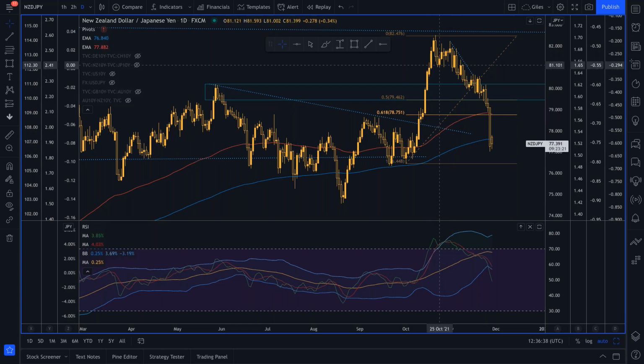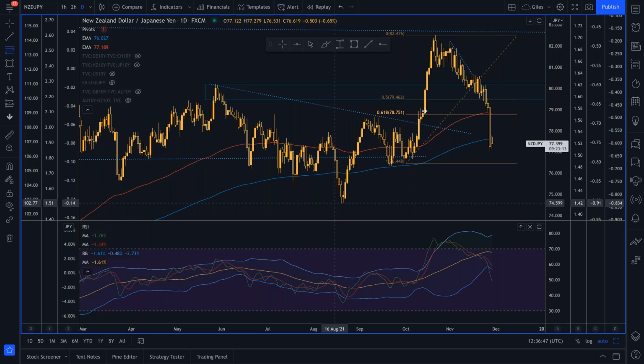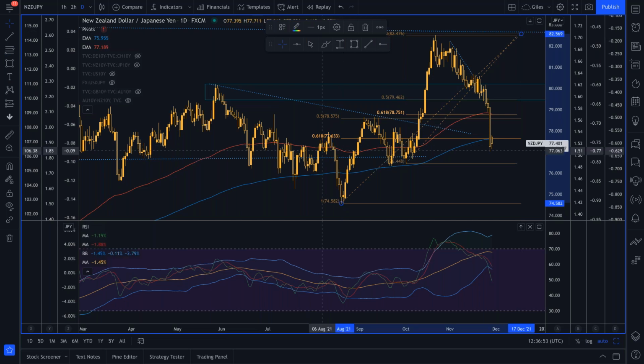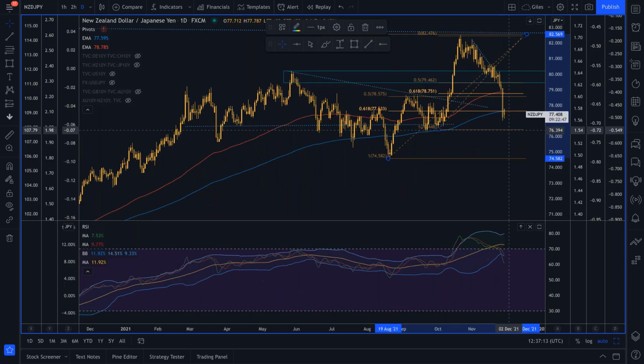But to that New Zealand dollar yen downside, now medium term, we are expecting buys. So this potentially is a decent value area. You can see that price has just moved around that 61 Fibonacci retracement level. We're also at that 200 exponential moving average, and we've got near-term support around this 76 region. So a low-risk, high-reward area would be to enter at market with stops, ideally below 74. As long as there's enough space there, and as long as the traders aren't too leveraged, that is a decent area to look to enter on a potential retracement.